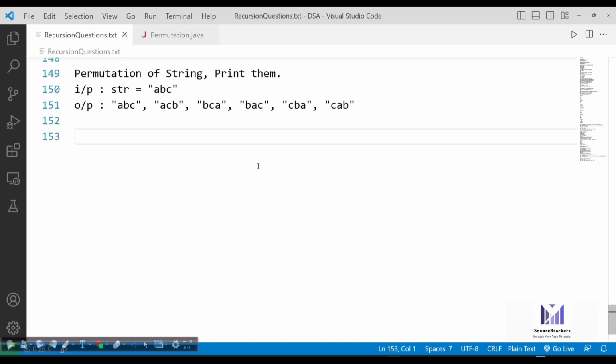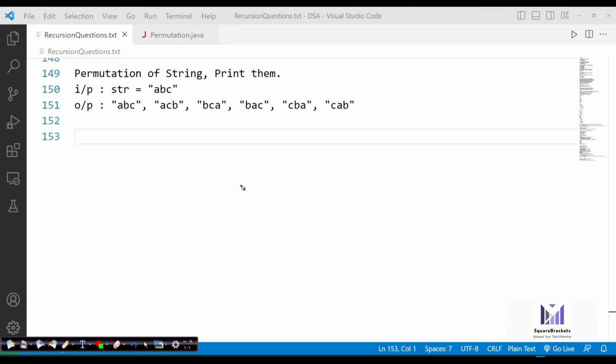So what exactly will the permutations be doing? If I have ABC, the three characters, I want to build six permutations out of it. How are we going to build them? The logic is simple: make recursive calls based on the number of characters.